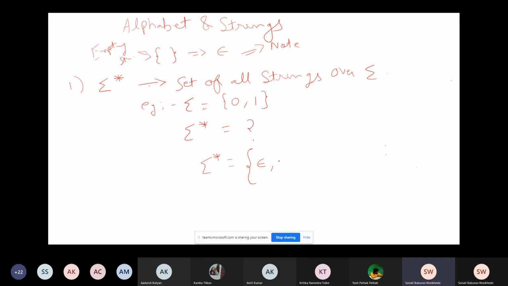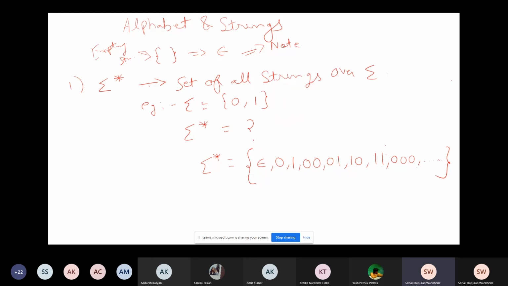I have two values, right? 0. So I'll write 0 as it is. Then I'll write another value. I have 1 over here. So I have 0, comma 1. Now what to do? You can write the occurrences of 0 and 1 also over here. So I can also include 0, 0. I can include 0, 1. I can include 1, 0, 1, 1. Similarly, 3 times, triple zero, etc. It goes on and it becomes an infinite set over here. Is this clear?